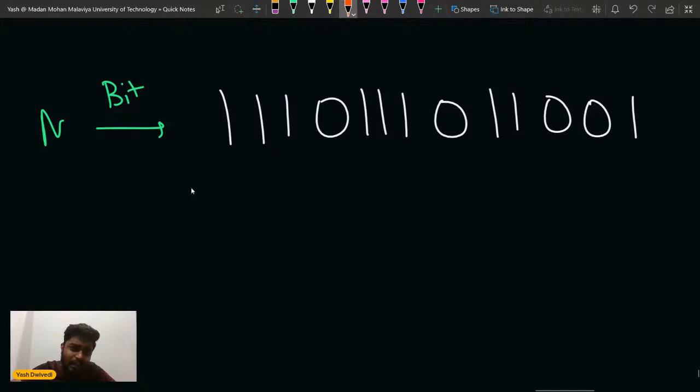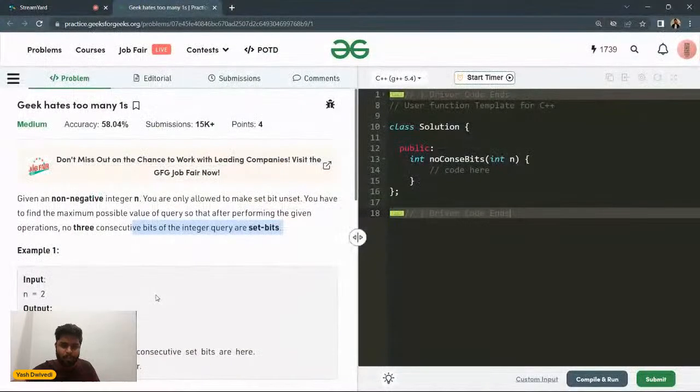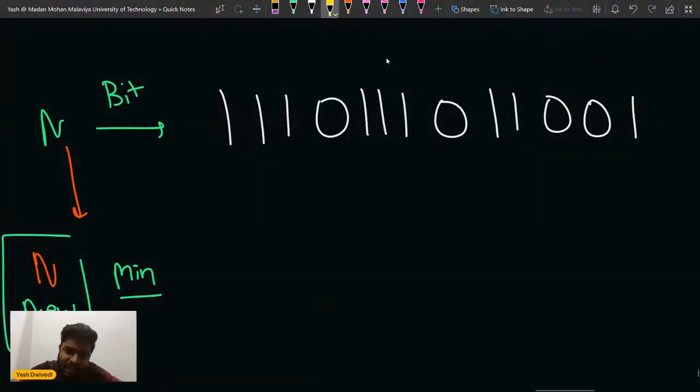So Geek is saying that you have to make some changes in such a way that after the changes three consecutive set bits are not there, and the new value of n is minimum. You have to minimize the new value of n. So if you have to minimize the new value of n, so see, can I,